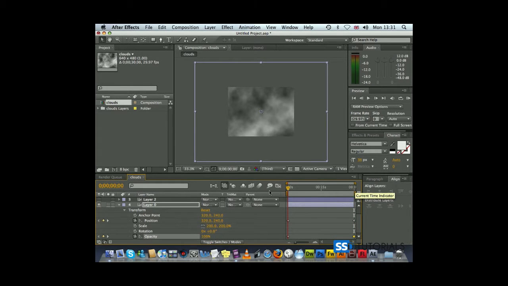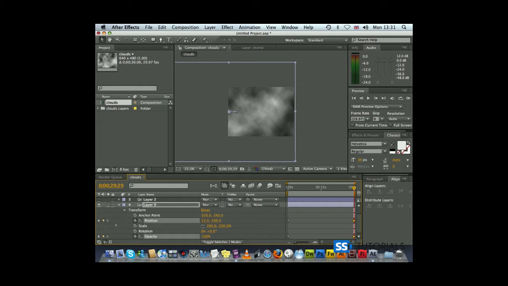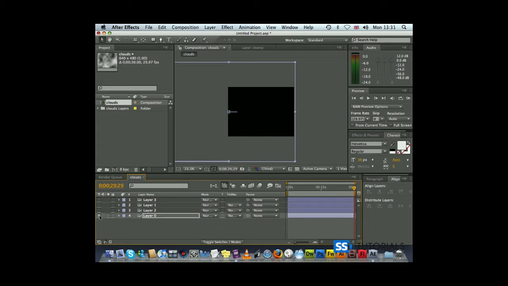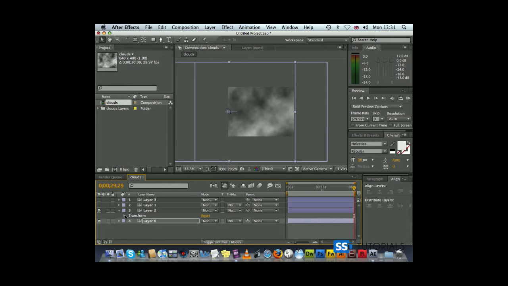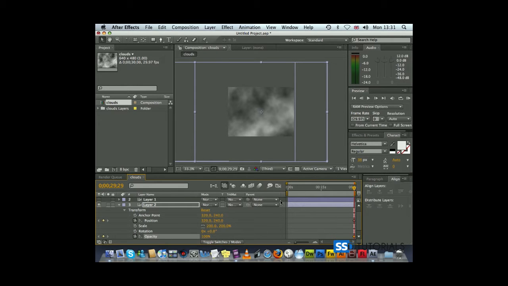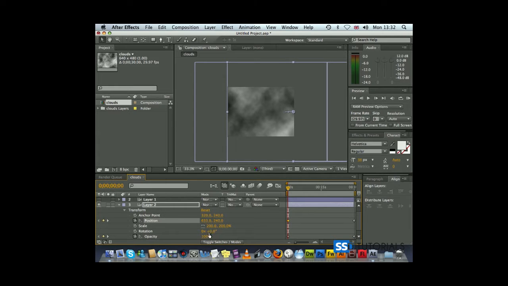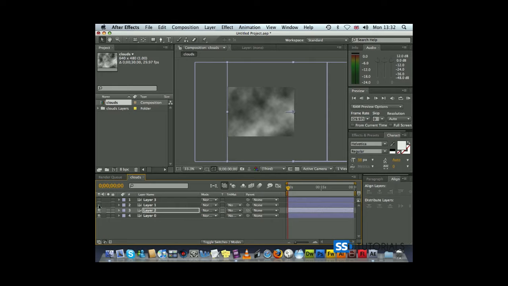We will leave the first frame as it is at the moment. Going to the last frame, we want this to move to the left, and we want to change the opacity to 0. Now we can close this layer, go to the next layer. Again, last frame, position and opacity keyframe for them. The same on the first frame. Now on the first frame, we want to move it to the right, and we want the opacity for this to be 0. Okay, next layer,